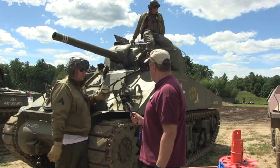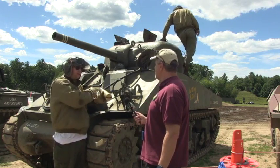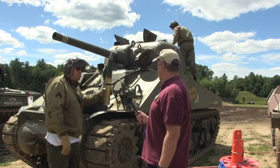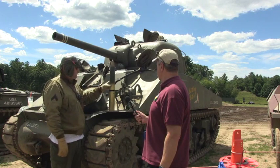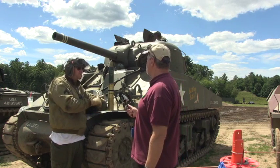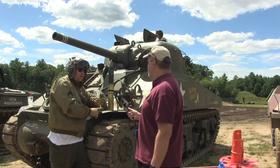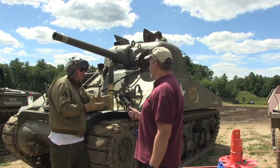They could say, I need a reduced round or a charged super if they were going to go punch through a tank or something. The tank commander could call for different specified rounds based on how much powder they had in it, and what the type of target would be designated, if they wanted to fire armor piercing or high explosive. They had smoke rounds, Willie Pete, or white phosphorus rounds, so they could actually disperse white phosphorus